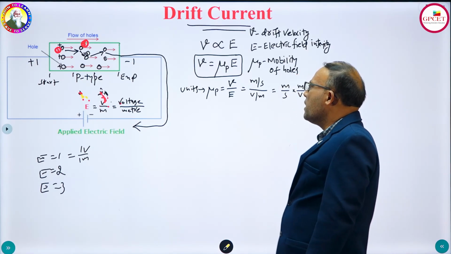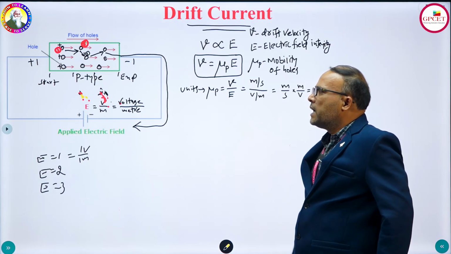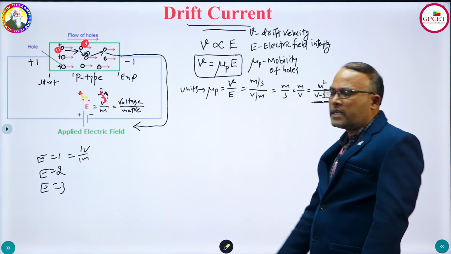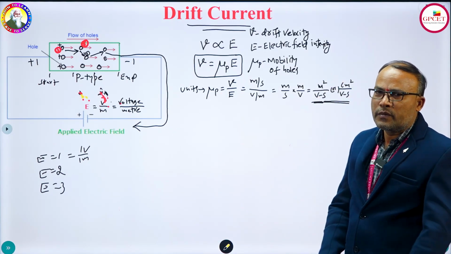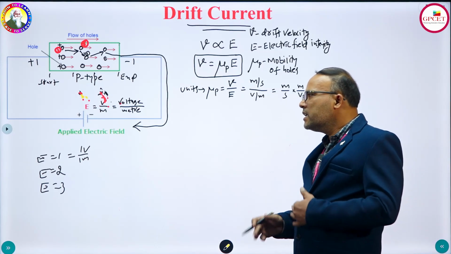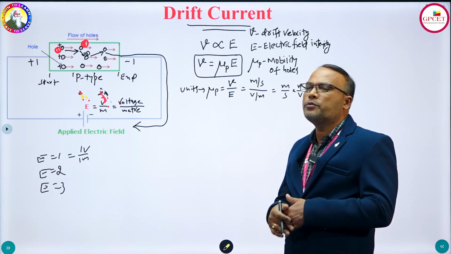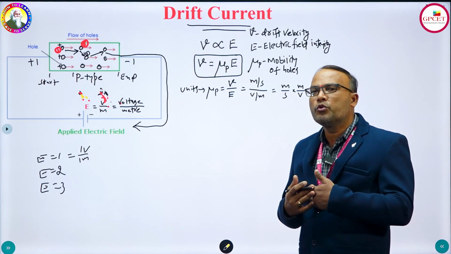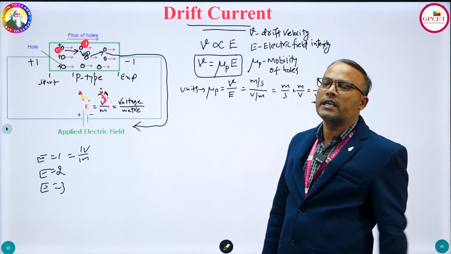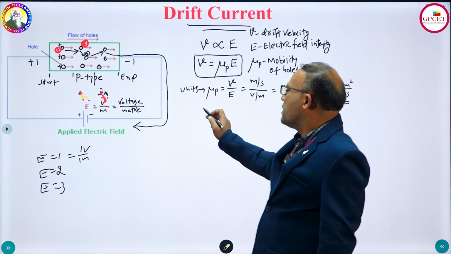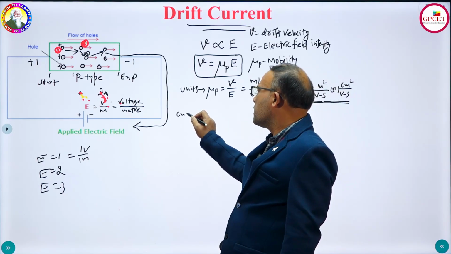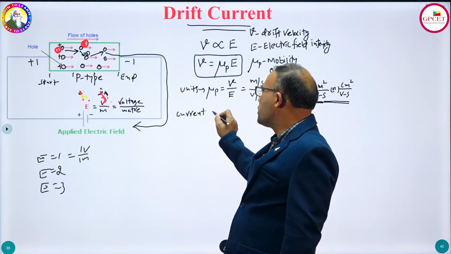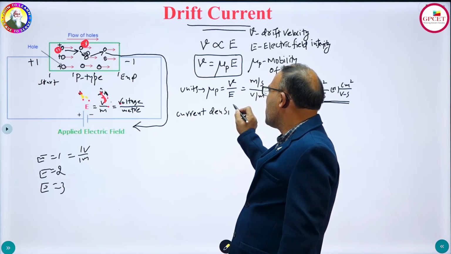Next we have another equation from this. As current is produced in this device, current density also exists. What is that current density? The current density is the current produced for every unit area. For every unit area, what is the amount of current produced? That is called current density. So I can represent current density here as